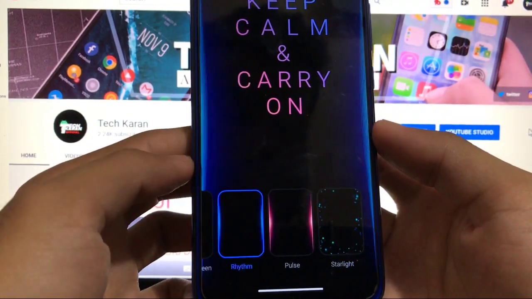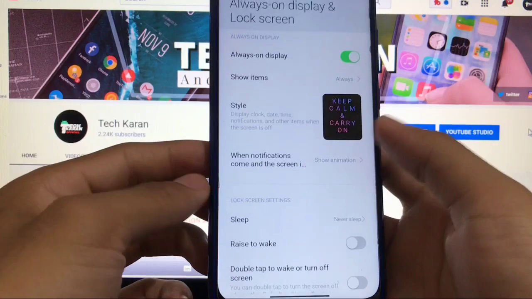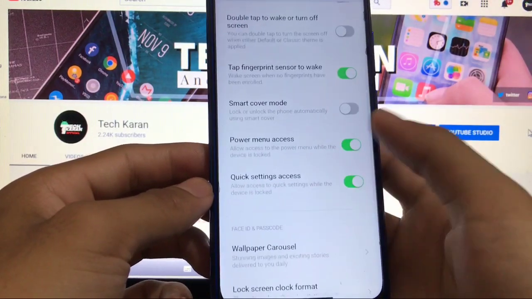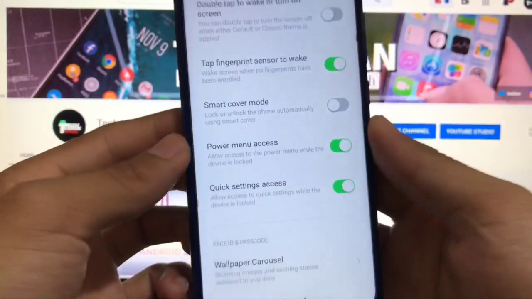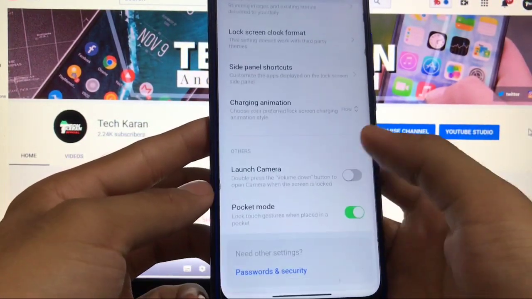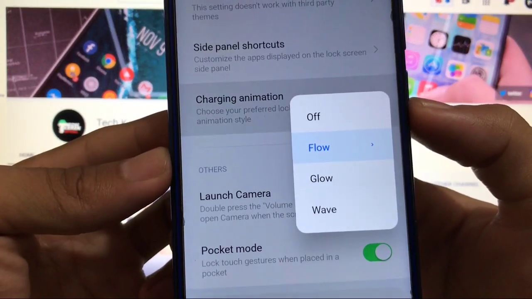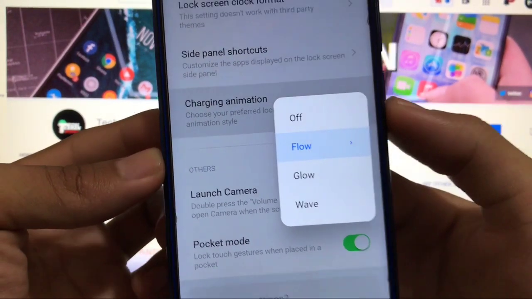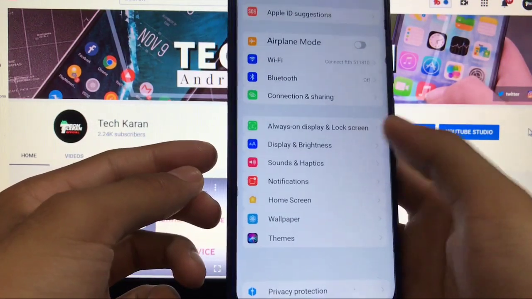You can adjust these notification animations, looking just cool. I didn't try whether it's working or not, but it looks pretty cool. You also get the smart cover mode option available here, and all other options are the same. Talking about the charging animations, you get 3 charging animations: flow, glow and wave. If you have not tried these yet, just go for it and try it out right now.